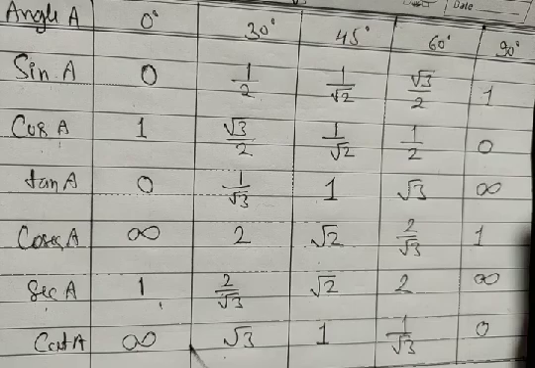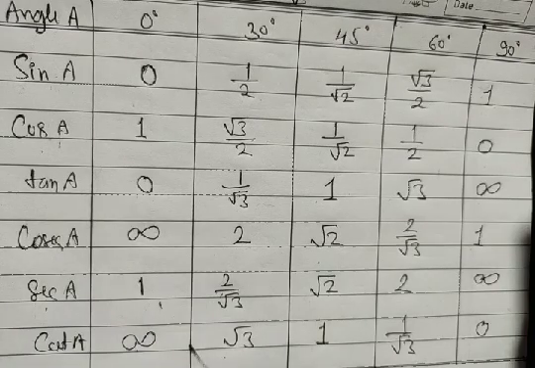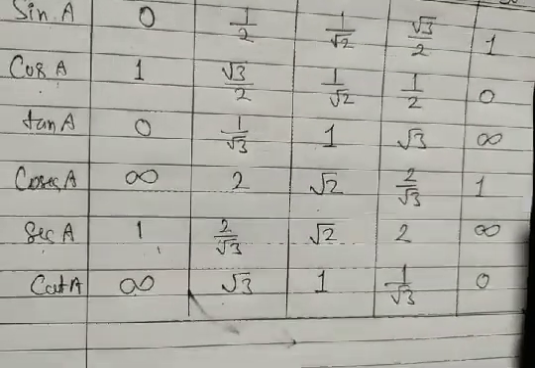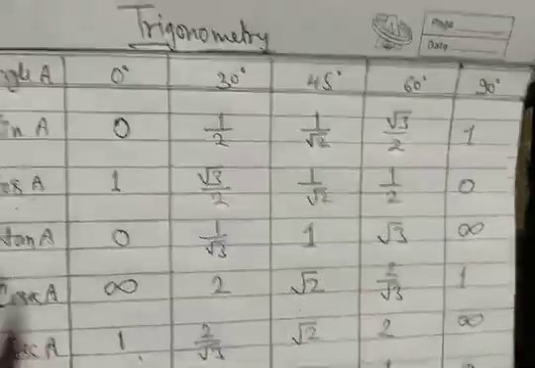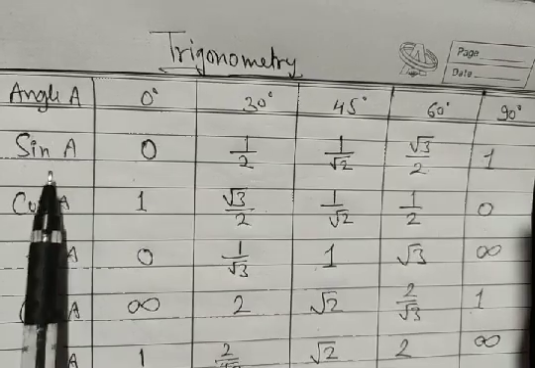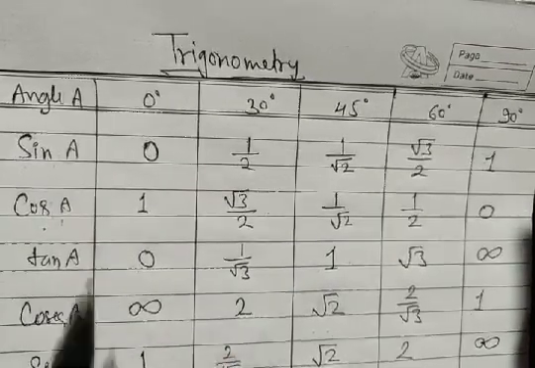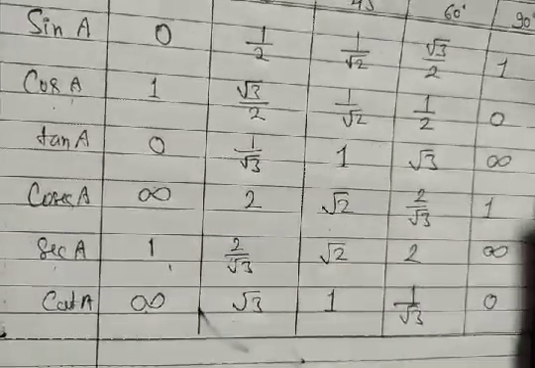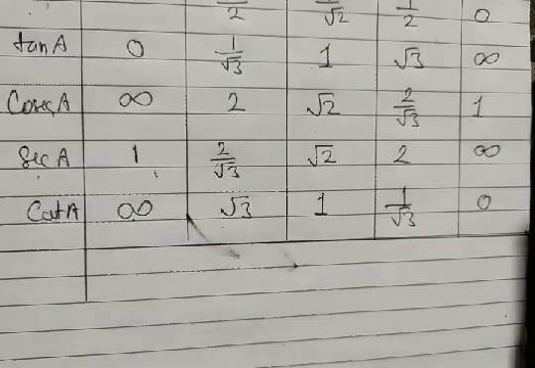Then you have to keep that in mind. Also, you can look at our tan table and other cosec, sec tables there. Now, you have to learn the values. If you get the values of sine, then you get the other values there. Also, the values of sine A, cos A, and tan A for different values of A can be